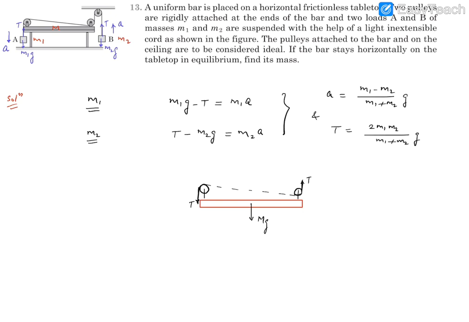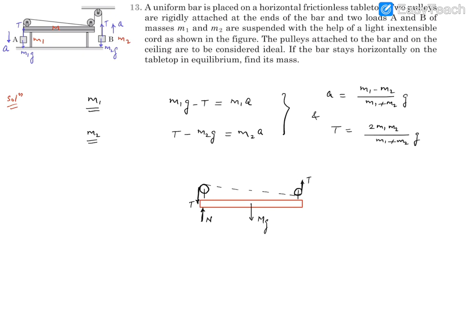So if we can balance this at the extreme condition, then it will be balanced for all conditions. The extreme condition will appear when the normal reaction reaches this corner. Normal reaction cannot go beyond this corner because this is the end point. So if this mass is able to keep this bar in equilibrium horizontally, then for all ranges of normal reaction locations it will be true. That means it will remain in equilibrium as well as horizontal. So we can say